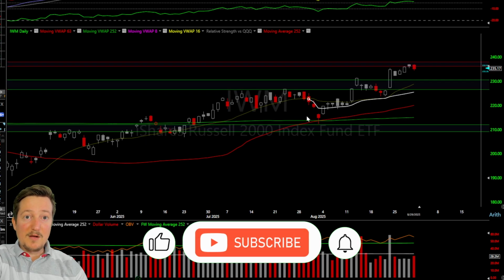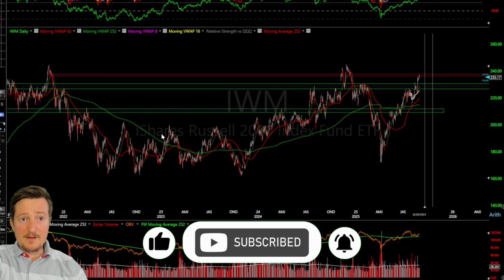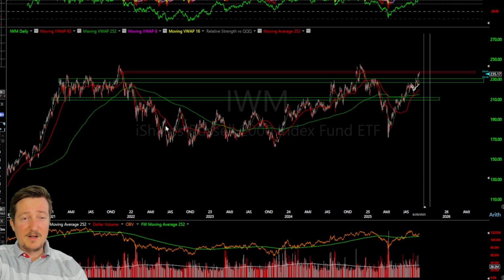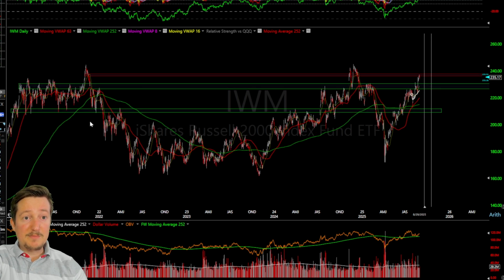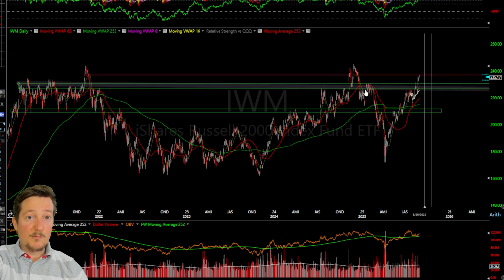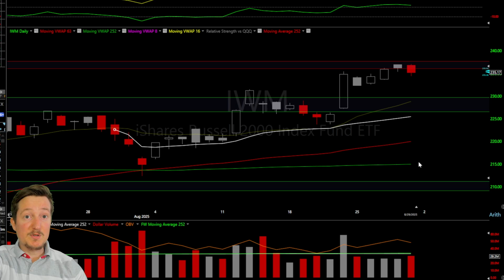So, I drew out some lines here on the IWM. We are nearing a major breakout here in the IWM. It broke out of this range right here. Now, back in 2021, we had this giant upthrust that caught a lot of people and caused the next bear market in the IWM. And so we are right there. We broke out of that level, and we are in upthrust watch territory for the IWM.